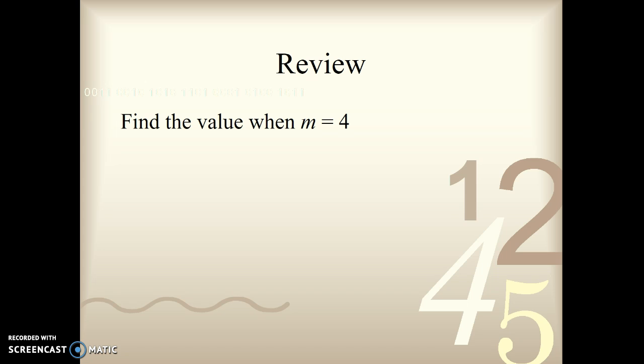Okay, so now we're going to solve some substitution problems. Hopefully you've already done that. And the first one you have on your paper is m to the third power minus 20. So we will rewrite the problem and then we will substitute in 4. So we have 4 times 4 times 4 minus 20. 4 times 4 is 16 times 4 minus 20. 16 times 4 is 64 minus 20, and your answer is